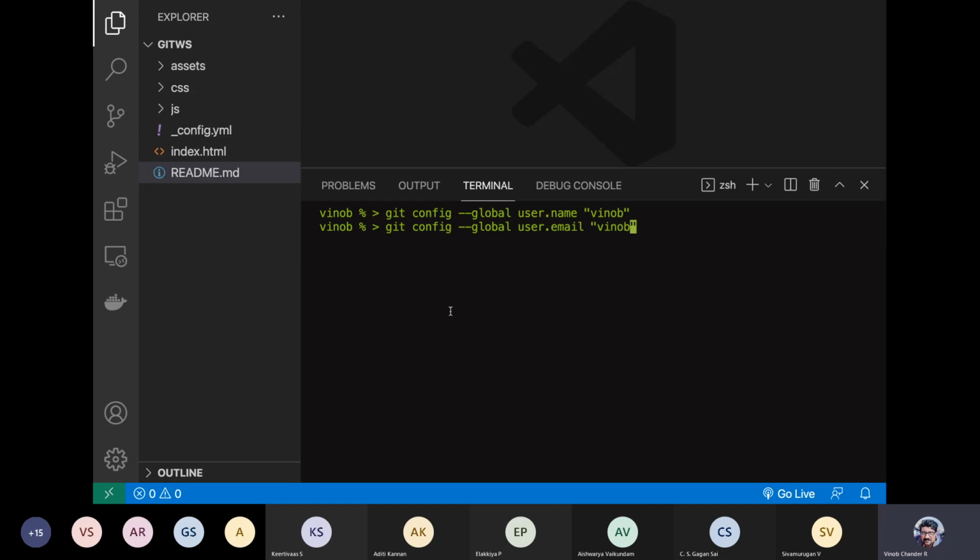When you do this kind of configuration and then sync things with GitHub, your name will be reflected, so who is the contributor, etc. The name will be reflected in the remote repository as well. So I just say chandra at ssm.edu. Okay, so this is how you configure at the global level.